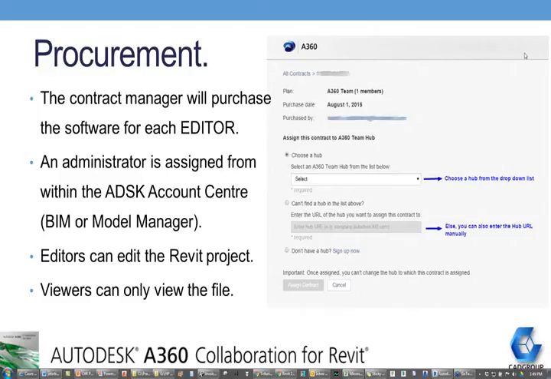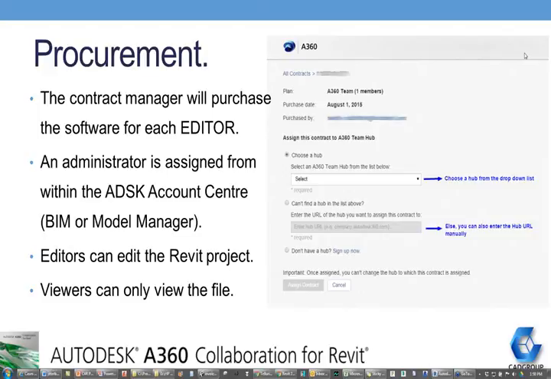That would normally be the same person who purchases the C4R subscriptions. That person would then nominate an administrator, who would normally be, say, a BIM manager or a model manager. Those people will be responsible for setting up new projects and so forth,